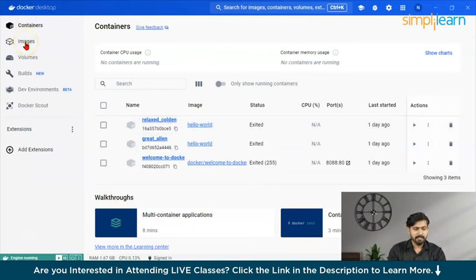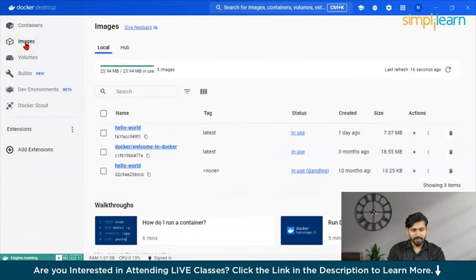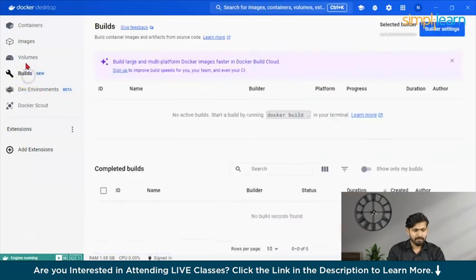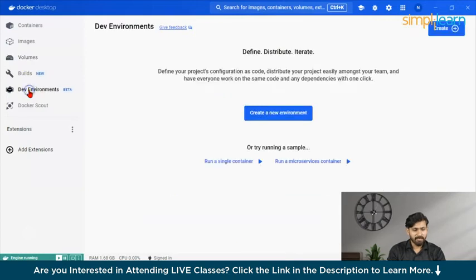Since I am running no containers, it is showing empty. Here are images. You can download any images from the Docker Hub, which is our registry. And there are builds, volumes, and development environments. But there are a lot of other features. So let's move on little by little and understand how we can integrate Docker Desktop in our development